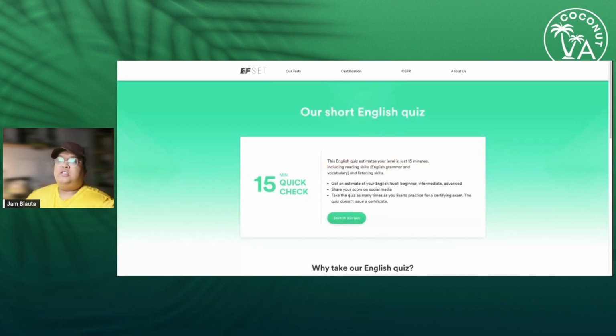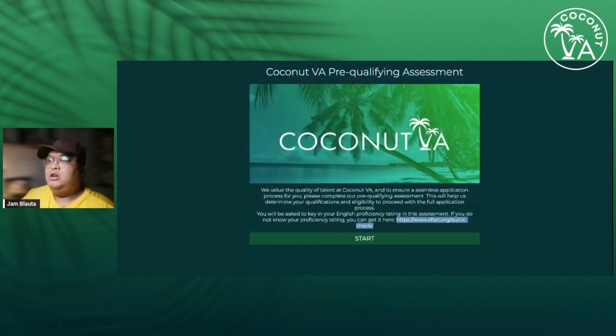Anyways, once you get the link, you copy and paste it in a browser, and you'll see this web page. From here, you'll click this button right here and go through this test or quiz for 15 minutes. Once you get the results, you can start going through this pre-qualifying assessment and click start. Now, as you guys know, I will not show you what's inside this pre-qualifying quiz because this will tell if you are qualified or not.